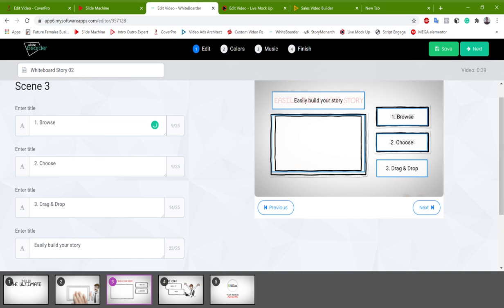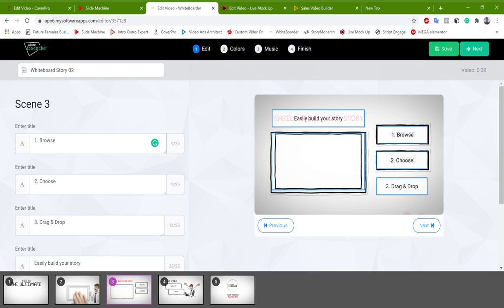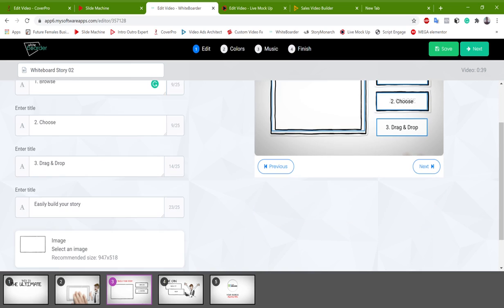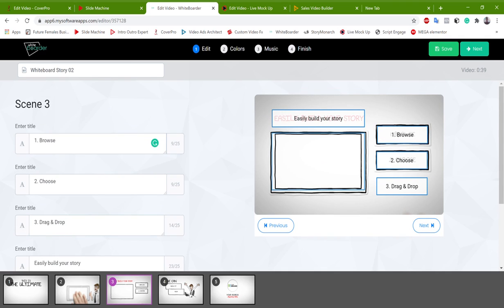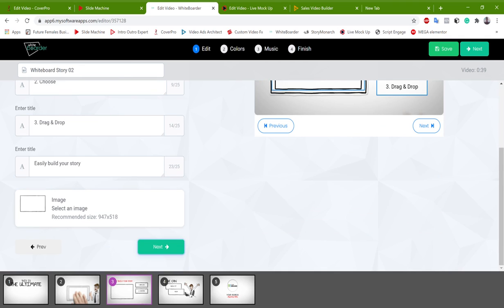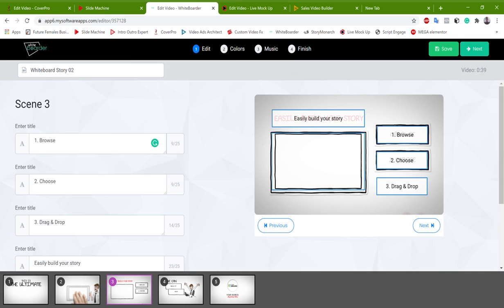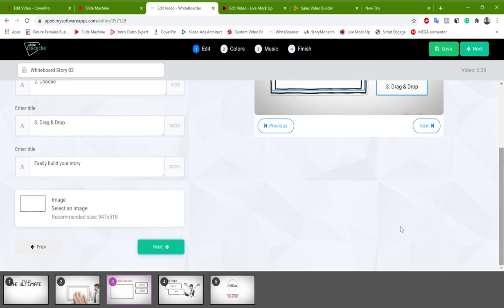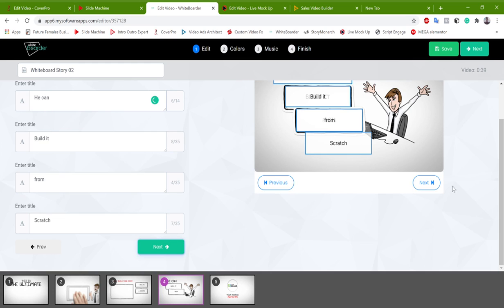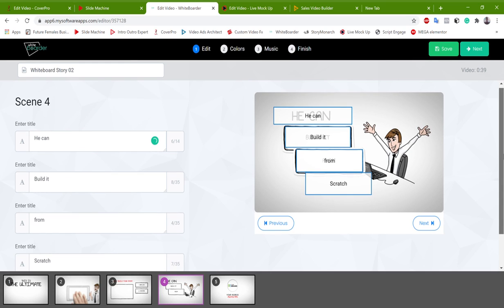And from there you can do the normal editing, edit the text, and change the image too if you want to. Of course, it's always advisable that you change all the images in the video so that it will be unique. Then you click next, which will take us to the fourth scene,